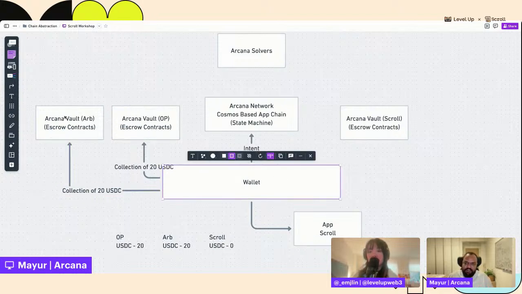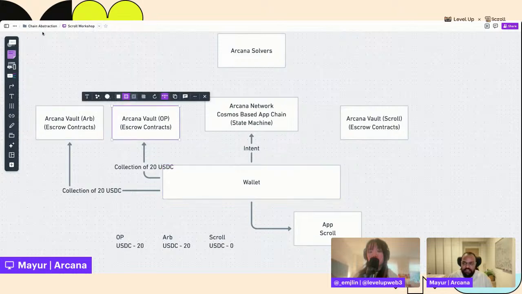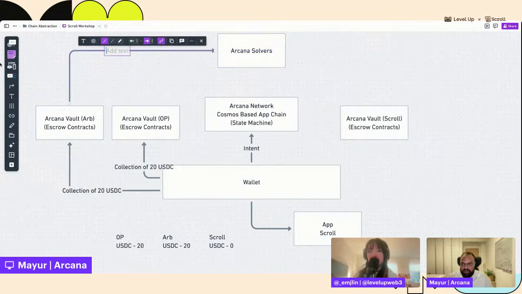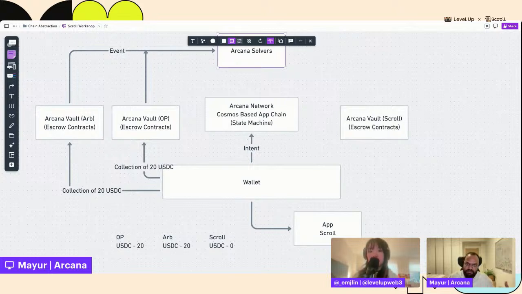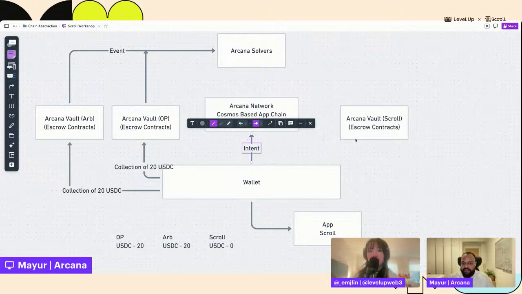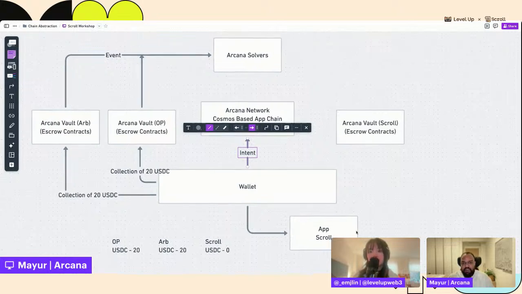Once these funds are escrowed on these two contracts, this sends out, you could say, an event to the Arcana solvers. Now, the Arcana solvers are essentially liquidity providers. You can think of them as LPs who front liquidity on the destination chain based on the user's intent, so that the user can get the funds they need without having to explicitly bridge their assets and wait for that bridge or switch context.